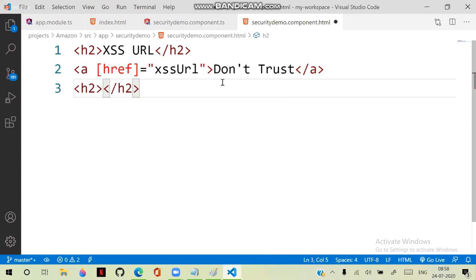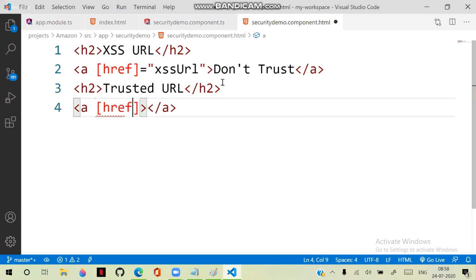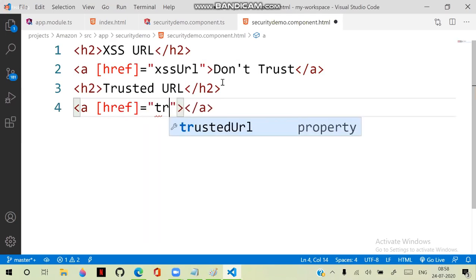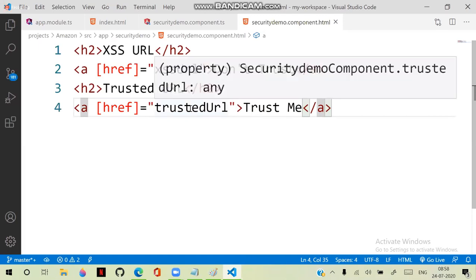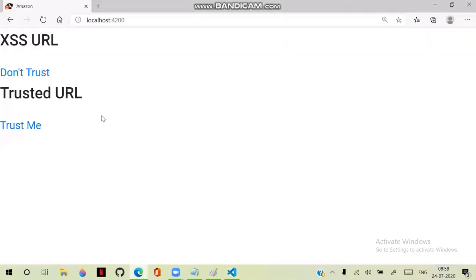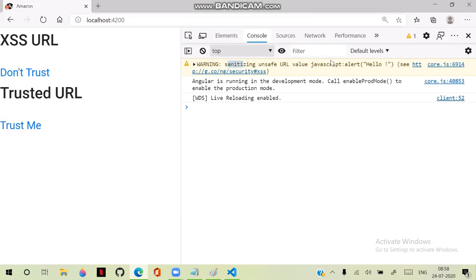Another option we are configuring is the trusted URL. Here I define the href, which is the trusted URL, and I say trust me. We have configured these options here. When we use it, we have don't trust. Inspect the element here, and in the console you can see that sanitizing is unsafe. That means